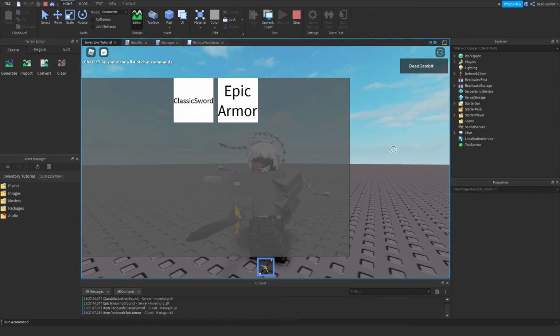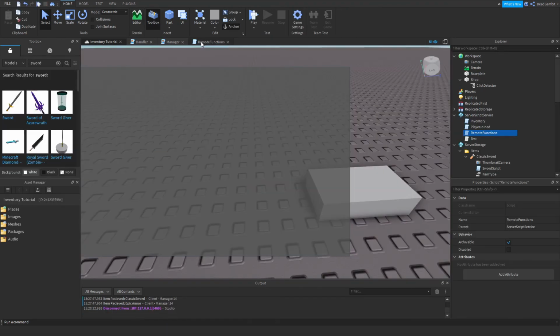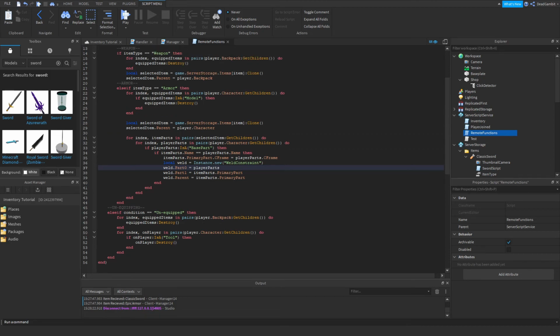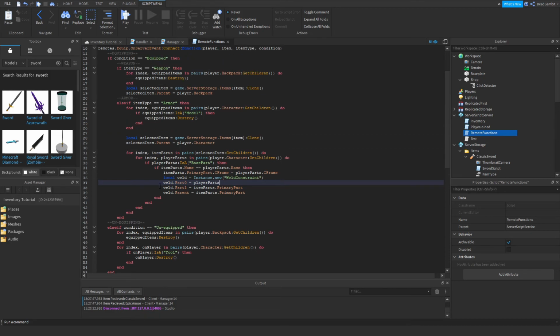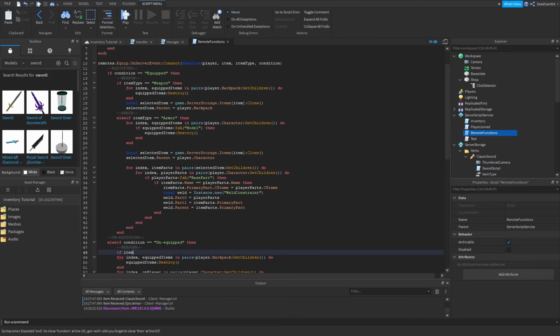But there we go. So now we go back into our remotes function and we're going to work on the unequip part. So let's see. Here is our unequip part. We have another condition now, so let's put in our little comment section. This one is primarily for weapons. So if item type is equal to weapon,